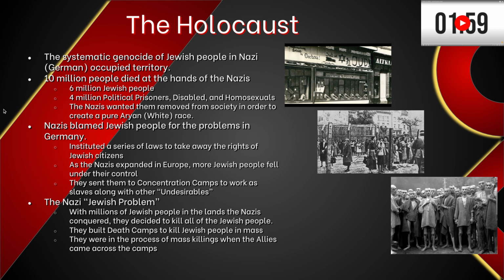And this is what the Allies, the United States, Great Britain, and the Soviet Union came across as they were liberating these areas that had been under Nazi control. So what you have in terms of the pictures in front of us at the very bottom are men that were at a concentration camp. So they were starved to death, they were worked to death, and then of course the death camps were much worse. But both were a level of torture that no one should ever have to go through.